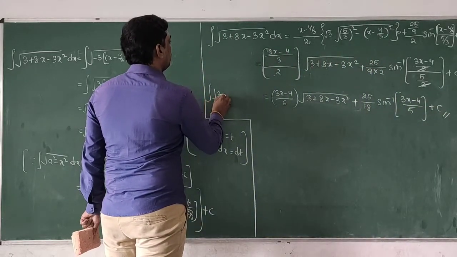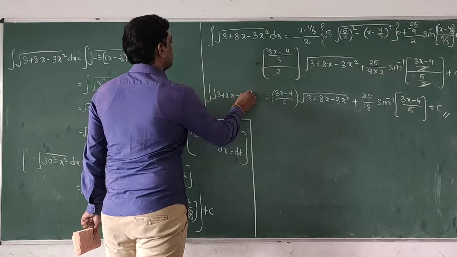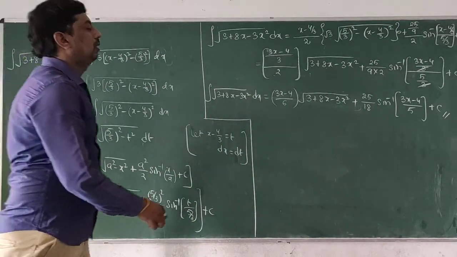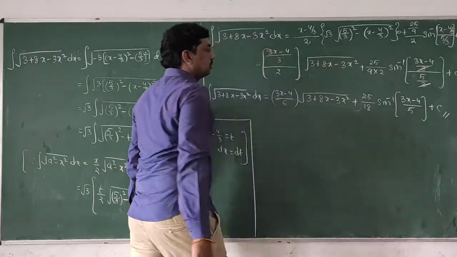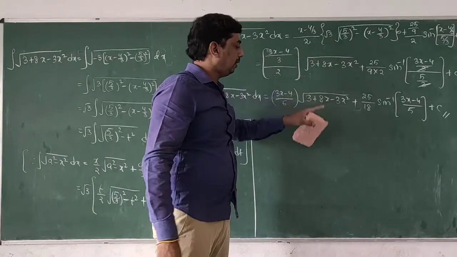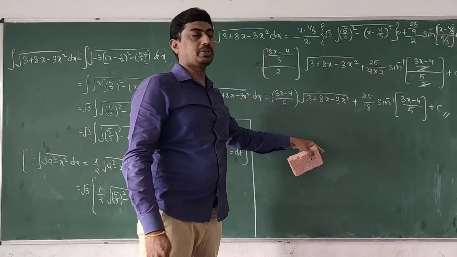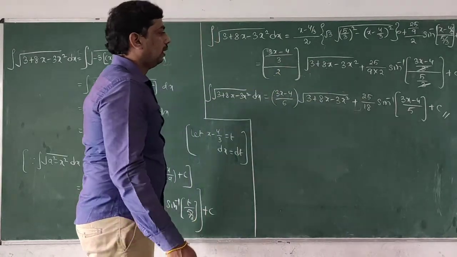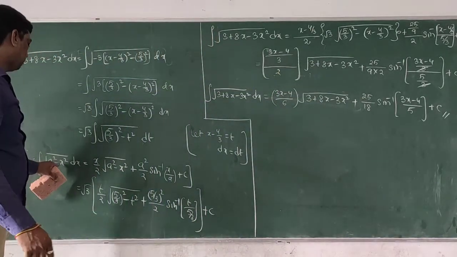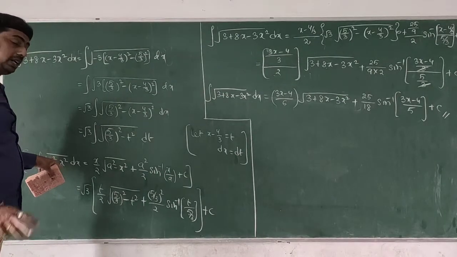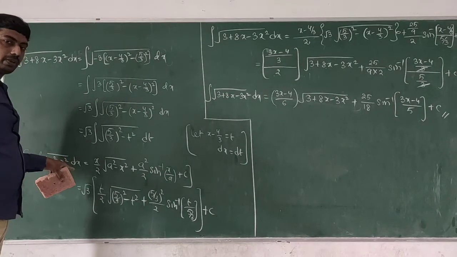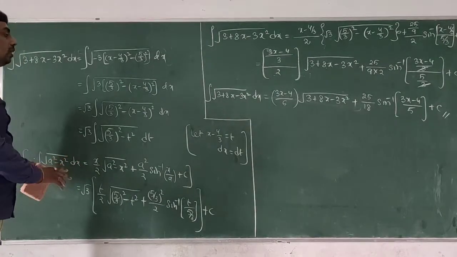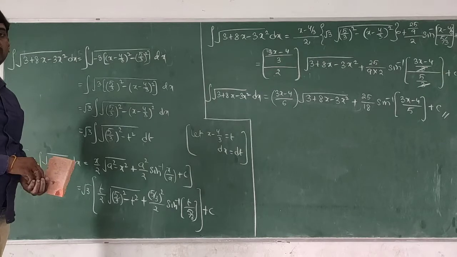Integration of square root of 3 plus 8x minus 3x square into dx. Understood? Here, this one is most important to replace. If you do not replace it directly, then we need to write some more 4 to 5 steps to simplify this one. That's why write it down directly. Okay, any more doubts on that one? Remember this formula. If you know these three formulas, what are they? Square root of a square minus x square, square root of a square plus x square, square root of x square minus a square. Then only we will do the method problems. Understood? Write down.